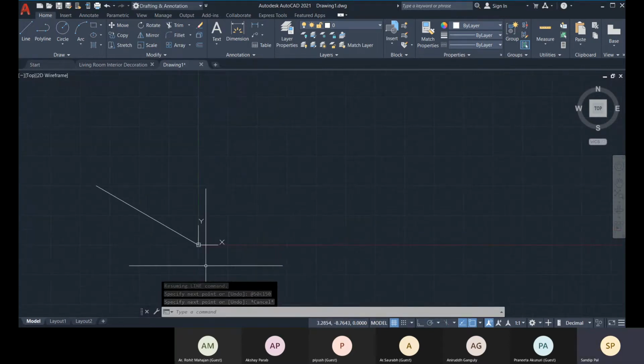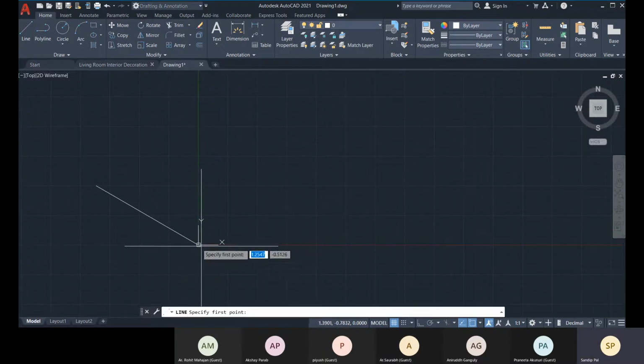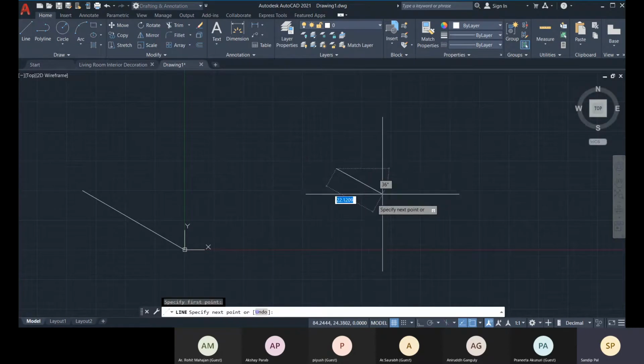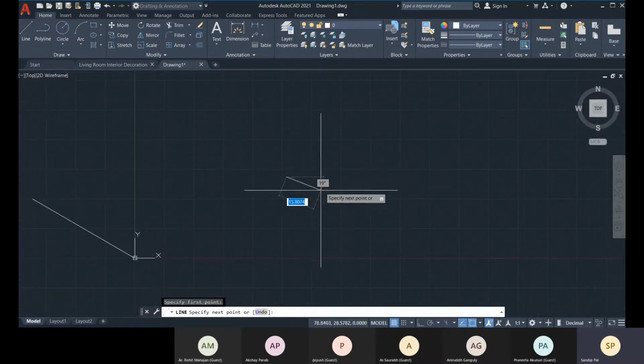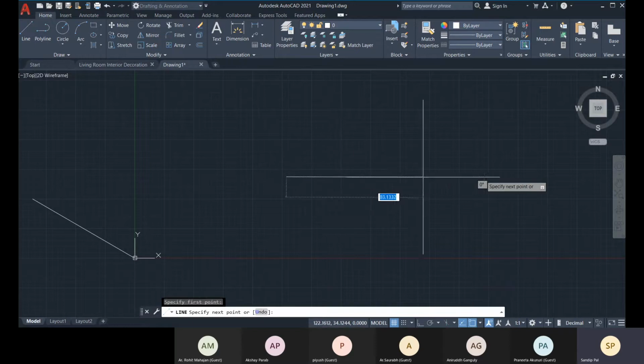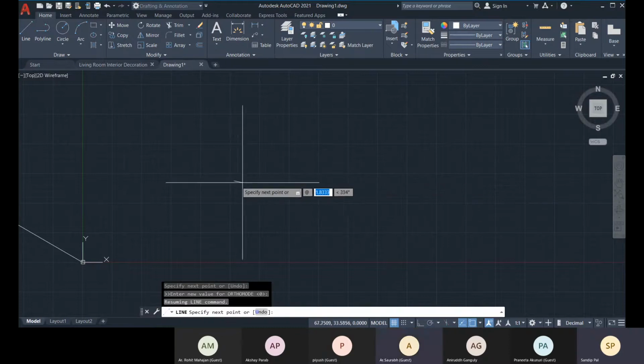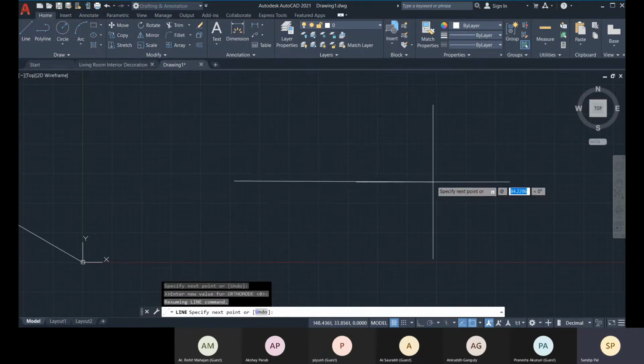And if you are not creating at the origin point, if you are defining at any random point, and you want to define in the x direction, simply press at the rate. Then from this point the length will be calculated. That's why we provide at the rate.